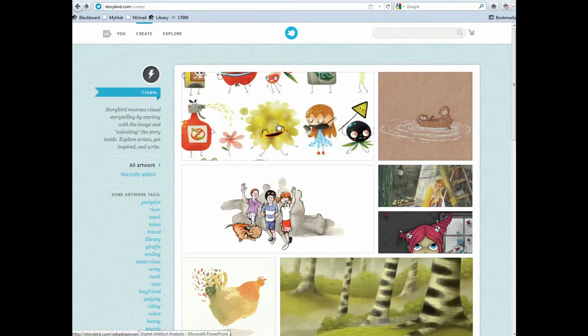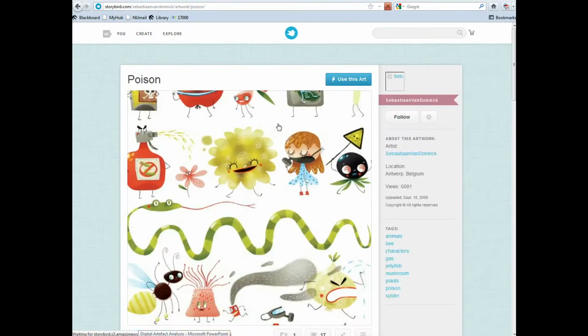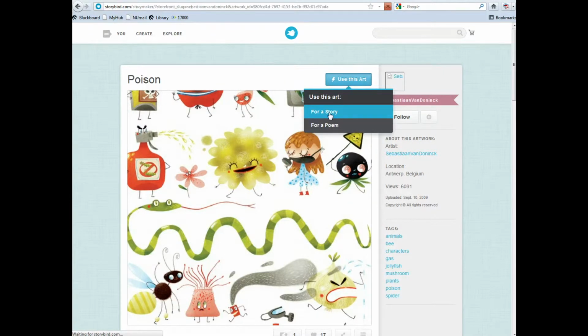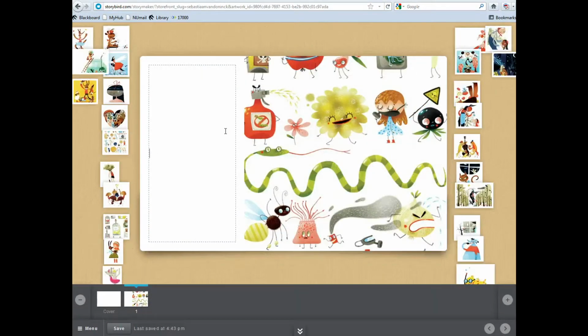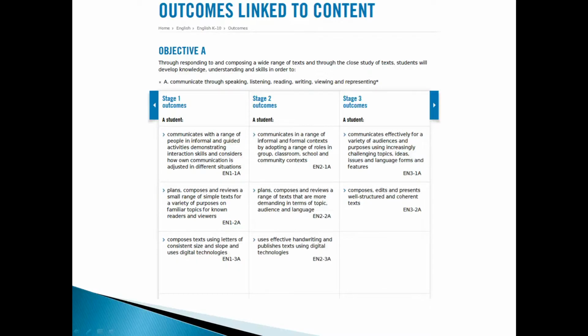The task builds real-world connections as students are encouraged to make their own decisions regarding content and design, and to be relatively autonomous in the completion of the task, and the ability to work autonomously is often seen in employment advertisements. The primary curriculum connection for this activity comes from the English syllabus, with outcome EN3-2A requiring students to compose,